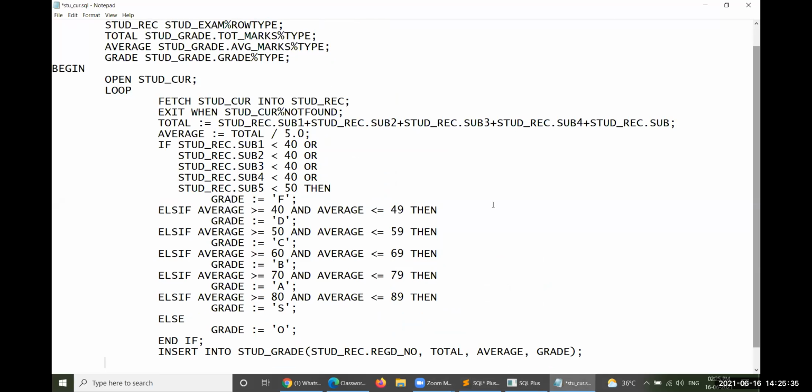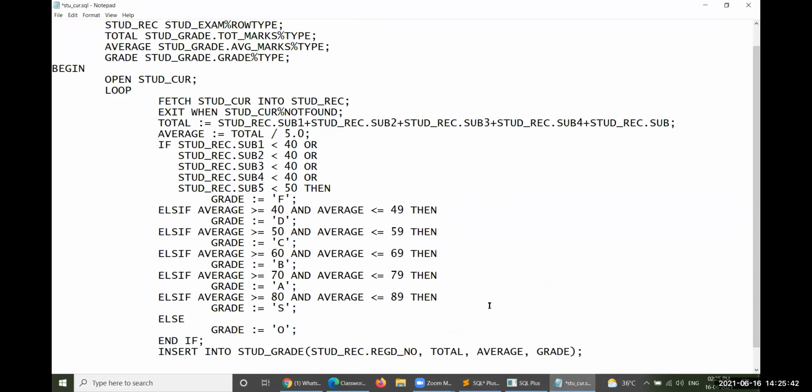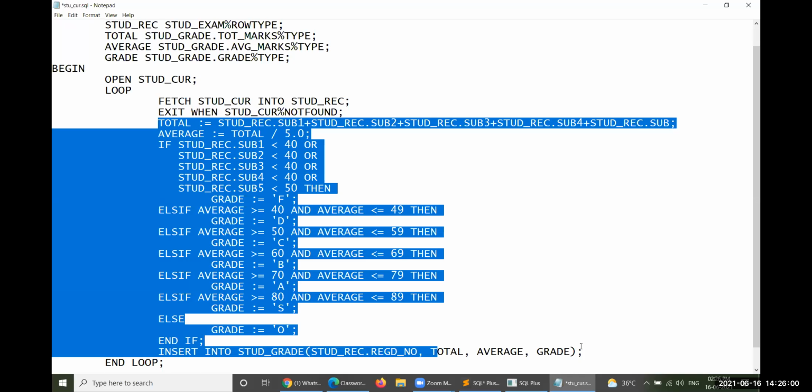Okay, using this entire business logic, one record has been completed. Then how could you take the second record? When the end loop gets executed, it loops back one more time and fetches the data, checking whether one row of data has been fetched properly or not. If it is fetched properly, then this business logic is executed properly.